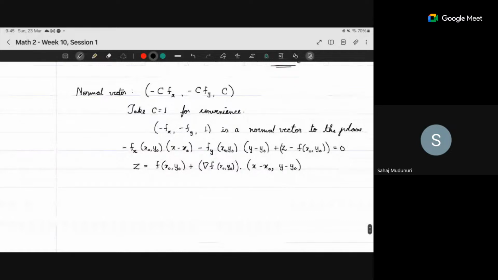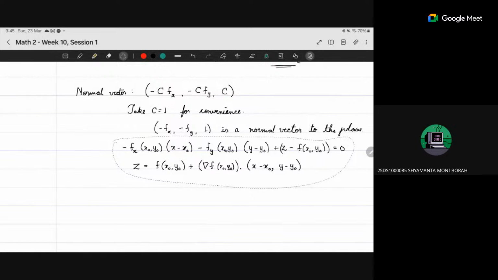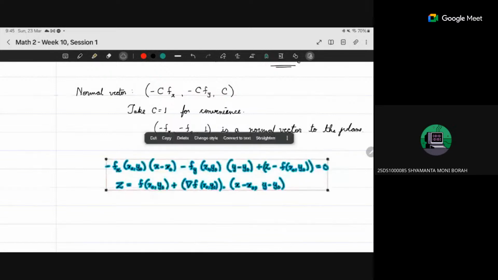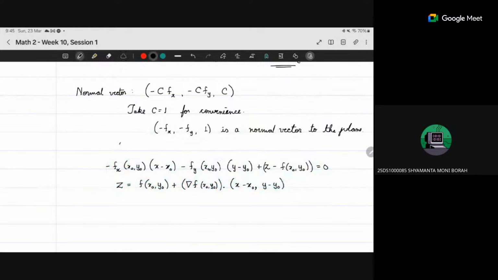Oh, you just substituted in the formula. Okay, sir. Got it. This is a times (x - x0) plus b times (y - y0) plus c times (z - z0) is equal to 0. So c is 1, b is -fy, a is -fx. And then I rearranged to make it